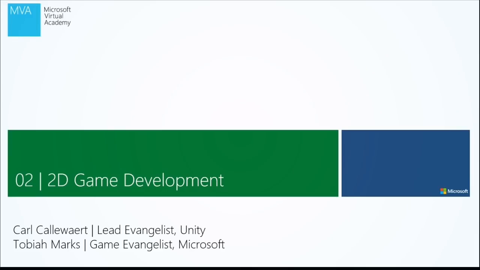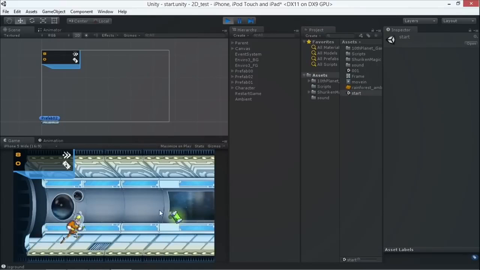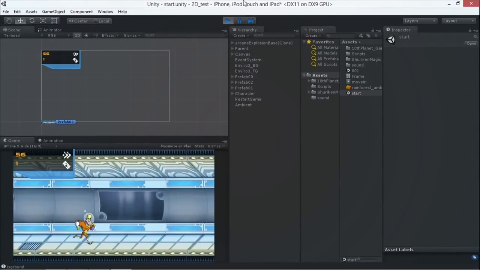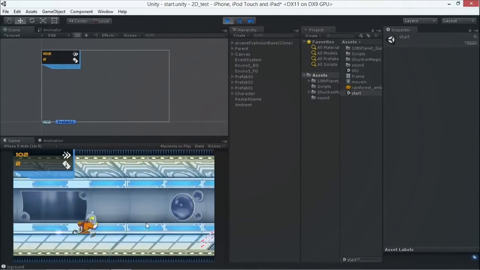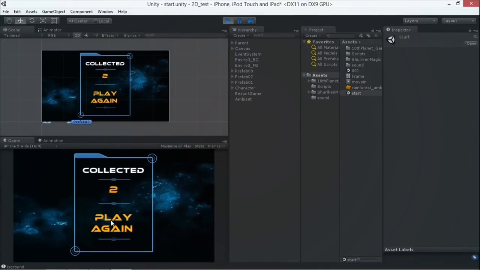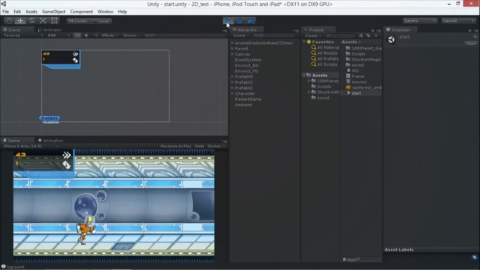So what are we going to cover today? Today we're going to cover how to make a 2D game. I can show you my screen here. It's a simple game where we press the play button here in Unity, as Adam talked about. And what we see here is the game. We can start the game and then start to play the game, picking up objects and jumping. We also have to avoid some objects here. If I can't avoid it, I die and I get my points. I can play again. So we're going to create a menu, a character,